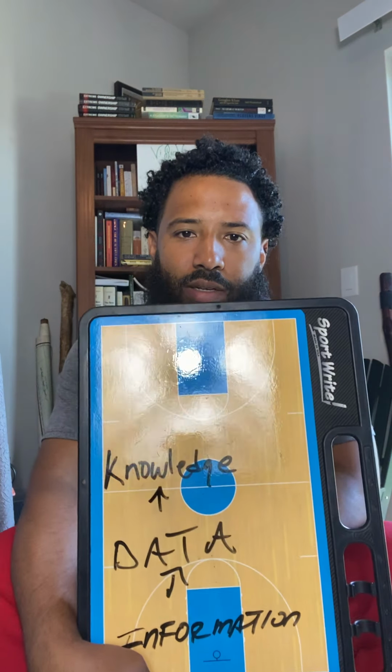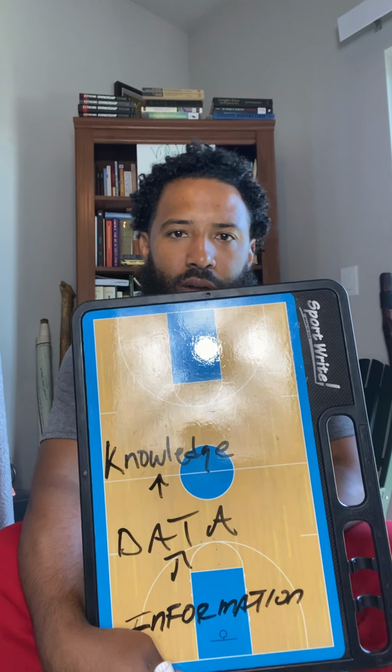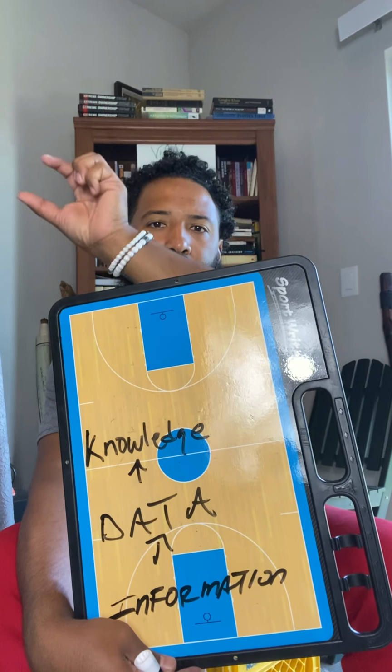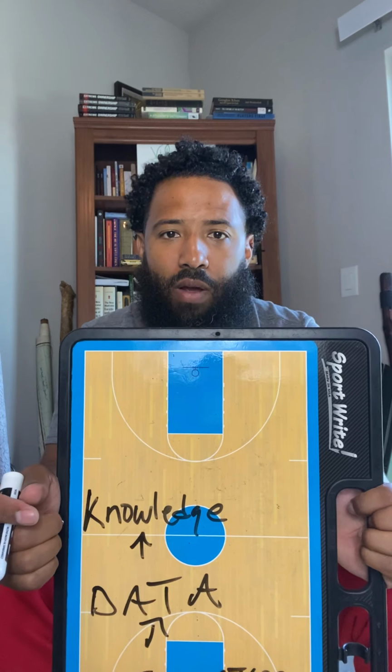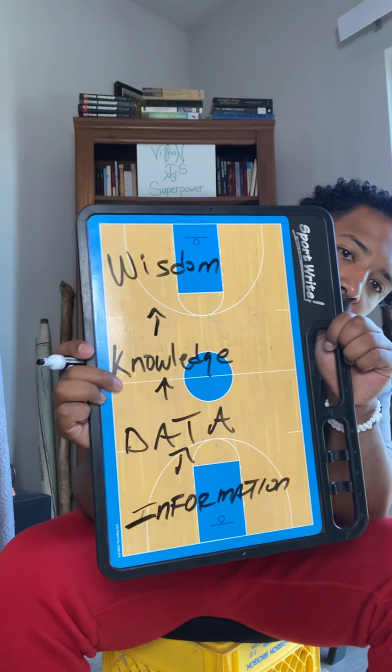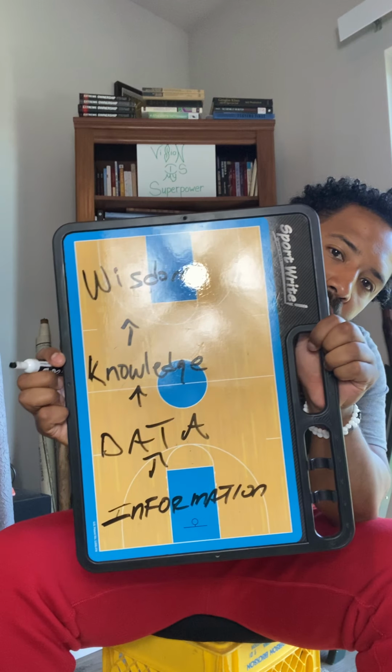And then after data, it moves to another level, which I feel is knowledge, right? You can take that information and you just take it in. And then the data gets put into its compartments or its little divisions where it belongs. And then from there, you can take away some knowledge, right? And then with the knowledge, here's the cool part. This is where the creativity begins to happen: you can now use wisdom. So you got information, data, knowledge, and wisdom.